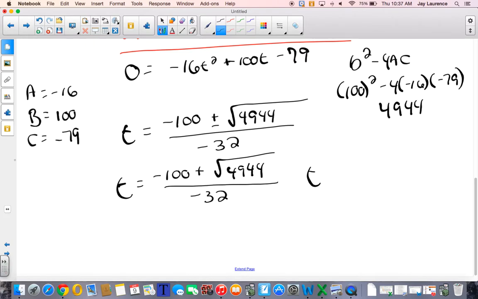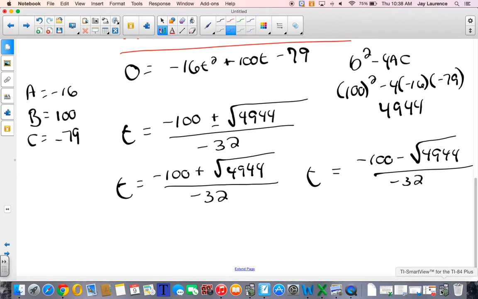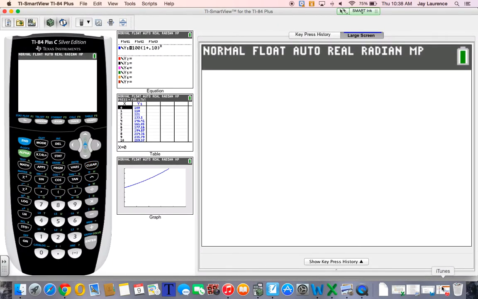And then we're also going to have that t is equal to negative 100 minus that same square root, the discriminant, and divide by negative 32. So at this point I can go to my calculator. Hold on a second here. All right, so in parentheses I'm putting negative 100 plus the square root of 4944. Close that quantity and divide